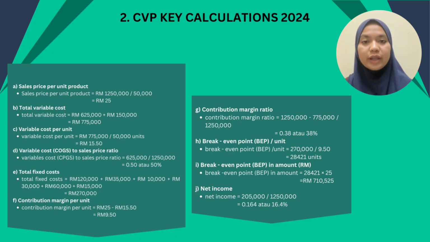And the break-even point in amount formula is break-even point in units multiplied by sales price per unit. The calculation is 28,421 multiplied by 25 equals